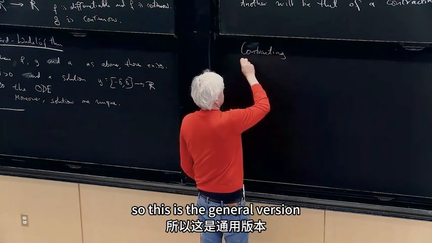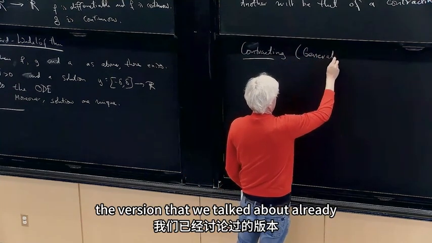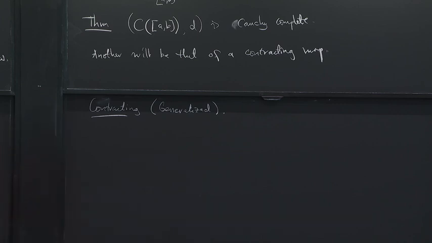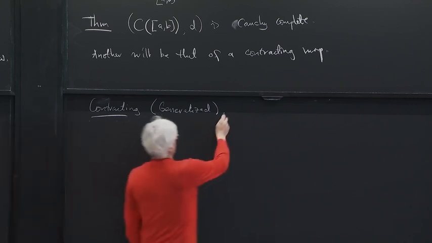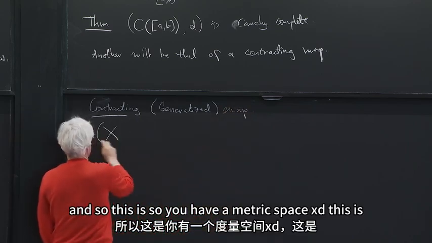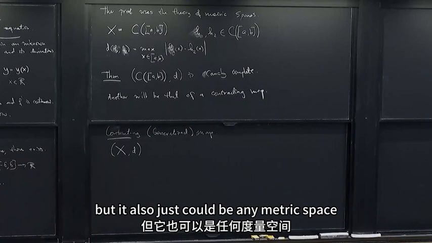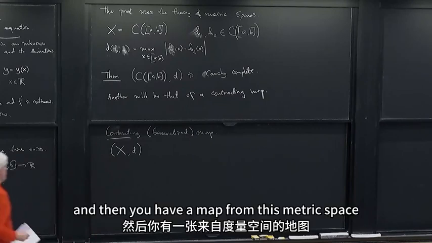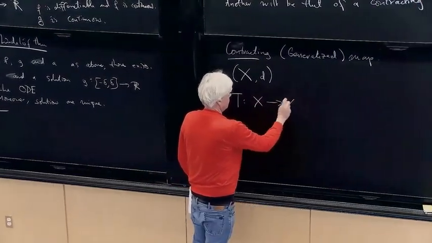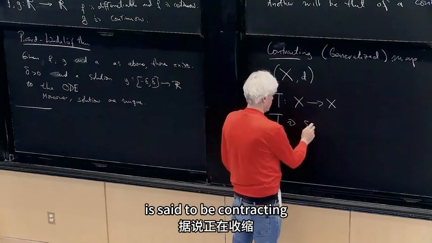So this is the general version, as opposed to the version that we talked about already, that was for the line, for R. So contracting map, sorry. And so you have a metric space (X, d). It could be like this, but it also just could be any metric space. And then you have a map from this metric space into itself. And T here is said to be contracting